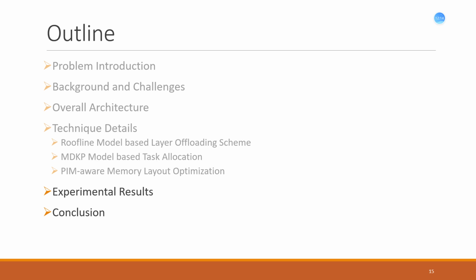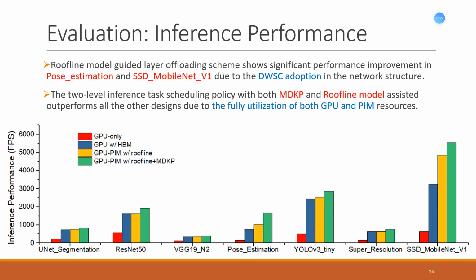Finally, I will give out the experimental results to show the effectiveness of our proposed techniques. First comes the evaluation of the inference performance. As the yellow bar in the figure shows, the roofline model-guided layer offloading scheme alone exhibits significant performance improvement in PoseEstimation and SSD MobileNet V1, because these two network structures both adopt the DWSC technique, which is perfectly suitable for our